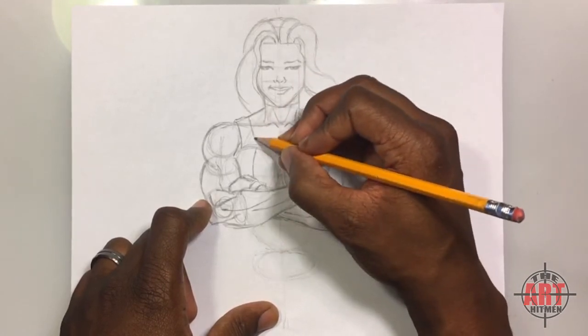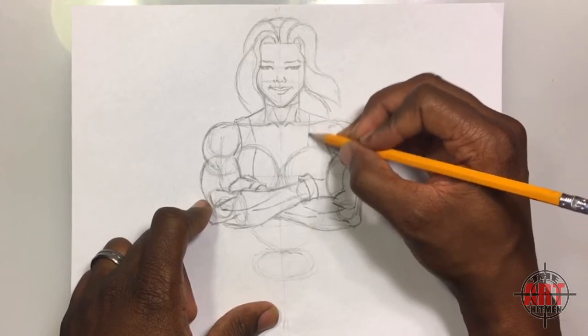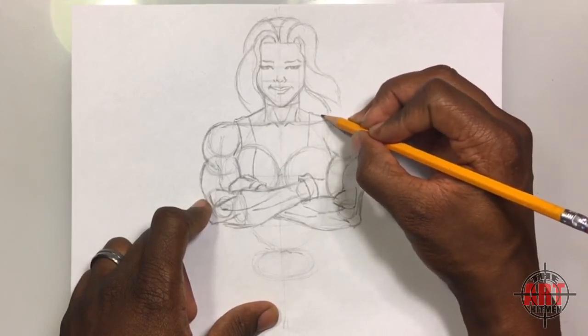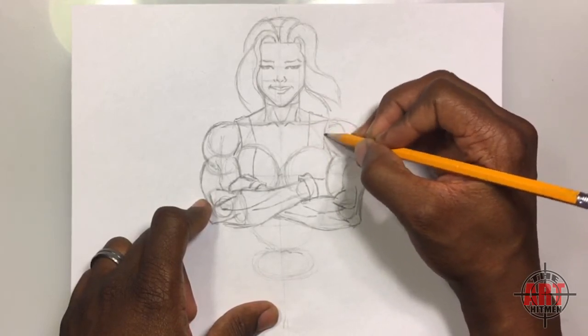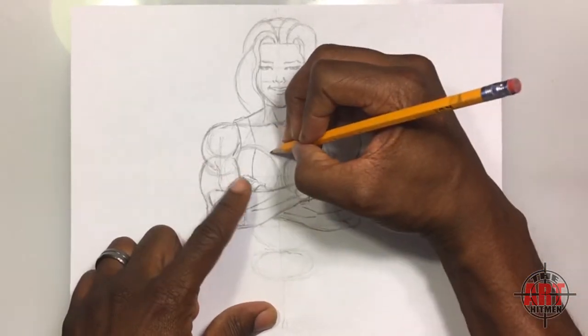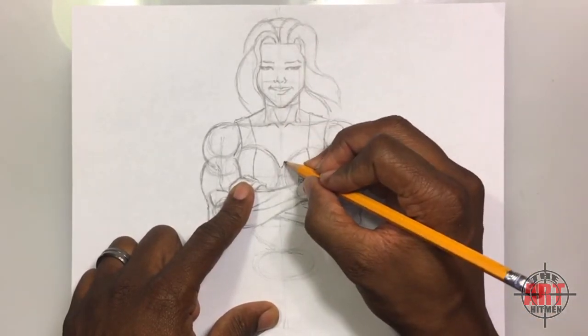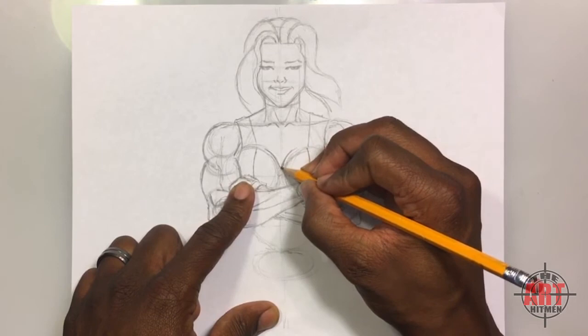And it's going to come around the shape that we put in for the circle. Do the same thing for the left side. Come in and put a little indication right here. Come to the shoulder, and then go just like this. And in the center, we're going to put kind of like a V shape, but it's going to come and stop here. And this is defining the shape